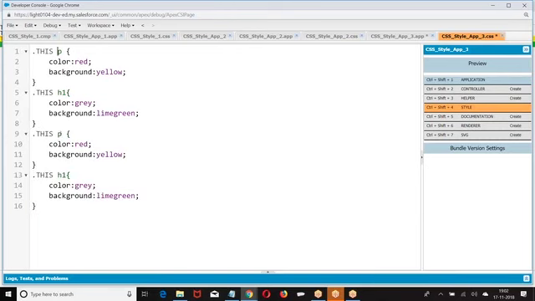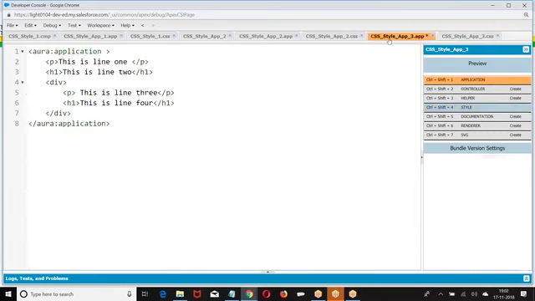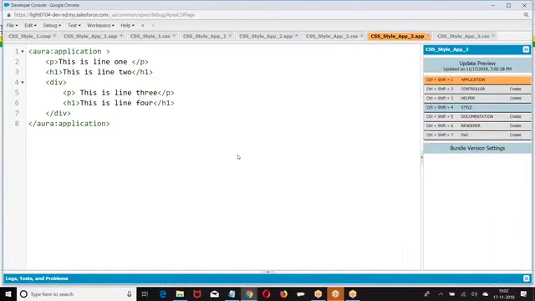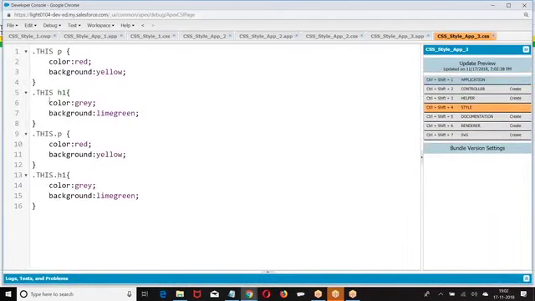If I remove dot, right, so what was that? We have done previously dot this, dot this. It is not working out here because it is a straight away HTML element.